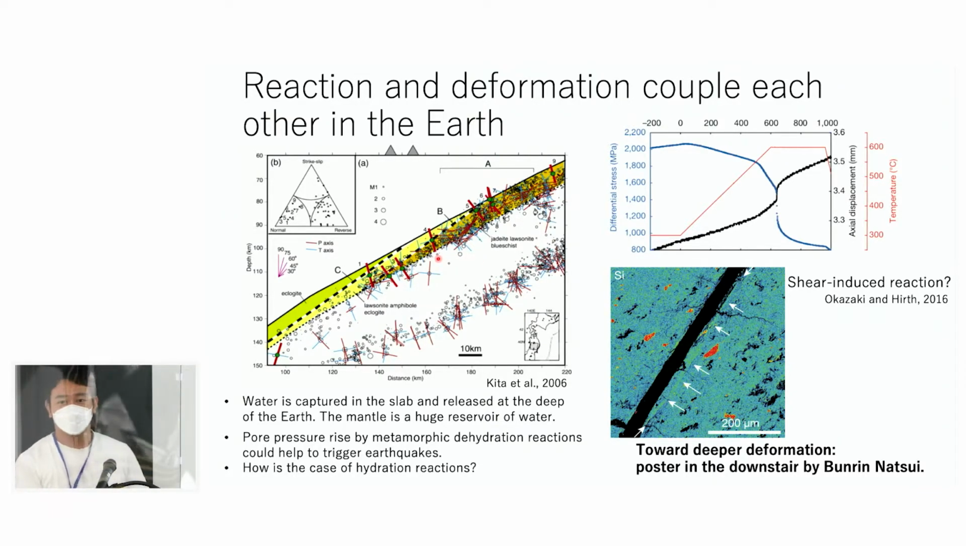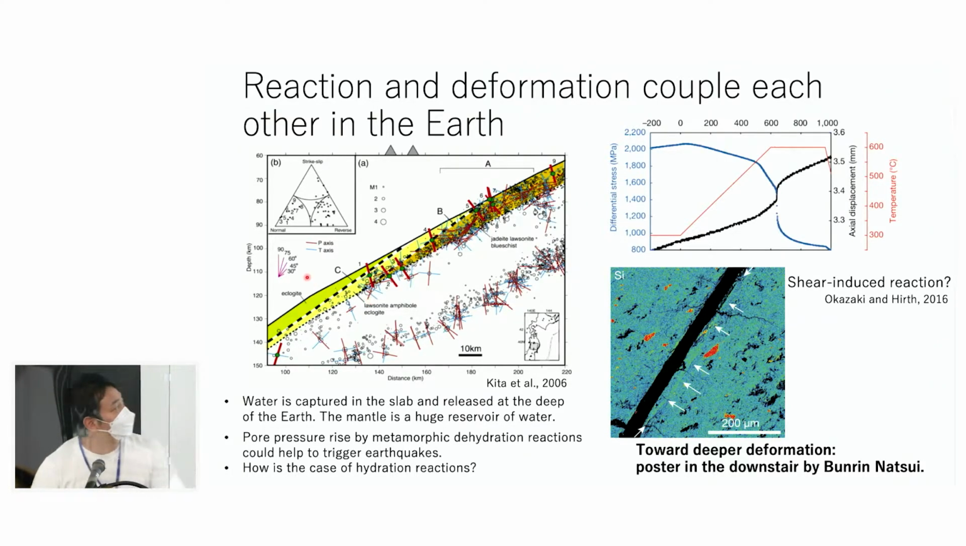It's like a textbook. Here we have a seismic belt. Here's one seismic plane, and here we have another seismic plane. We call this a double seismic zone, or double Wadati-Benioff zone. Here we have two lines. And then Kita et al., who is also from Tohoku University, suggested, especially for the upper plane of the double seismic zone,